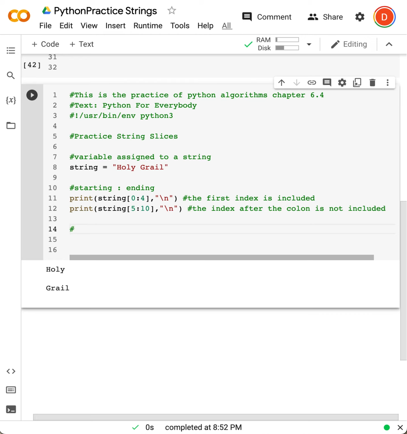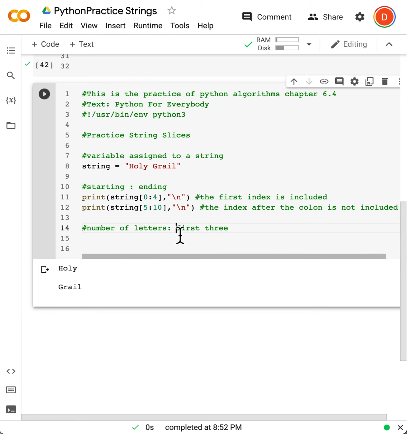for this type of slicing, it's if you want to take a portion of it. So you're asking for maybe a number of letters. So you're asking for, how are we going to write this down? You're asking for a number of letters. So, for example, you might want the first three, and I'll put, example, first three letters